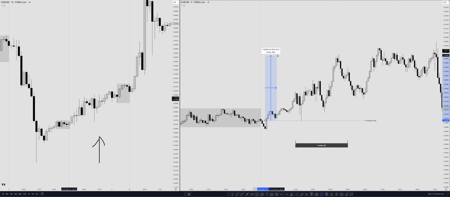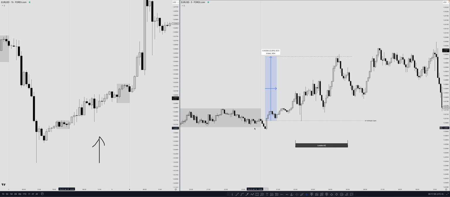So again, let's extend that 30 pips right here from the New York midnight open. Let me adjust that a little bit. We have 30 pips on the dot right here. Notice how perfect the reaction was here from the 30 pip window. Absolute perfection right here. So now the main thing that I want you guys to pay attention to is the